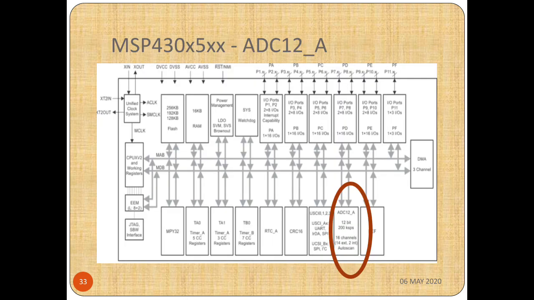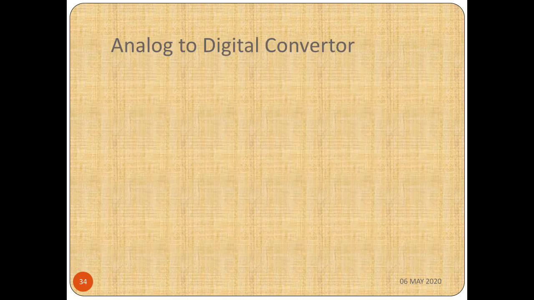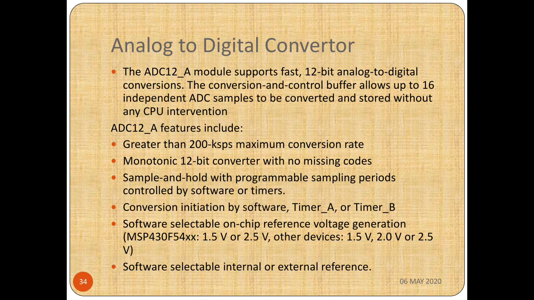And the next is the analog to digital converter with a size of 12 bit. The microprocessor or microcontroller can access only digital data, but this MSP430 X5XS microcontroller can access analog information also. The analog information is not understood by the microcontroller or microprocessor, so we need to convert the analog information into digital. For that we have this particular block. This block takes the analog information and converts it into digital form, where the digital data size is 12 bits.